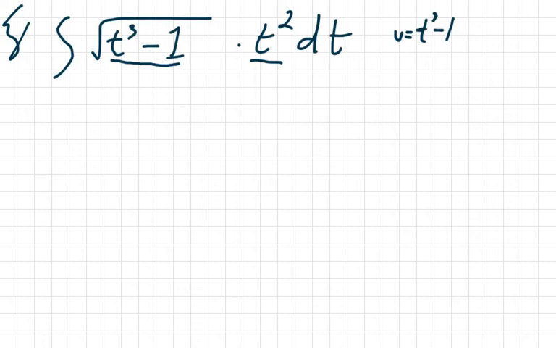Because when I take the derivative, I'm going to be left over with the t squared, and I can isolate that factor. So I'm going to take the derivative, I get du. Maybe I should do this in a different color here so we can keep them separate. So I'm going to let u equal t cubed minus 1, du equals 3t